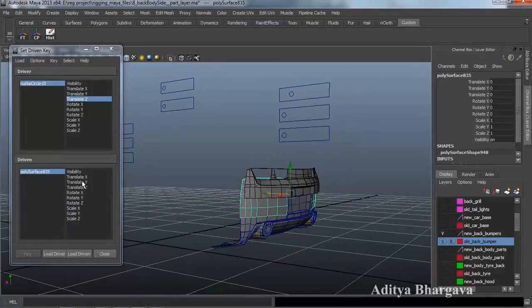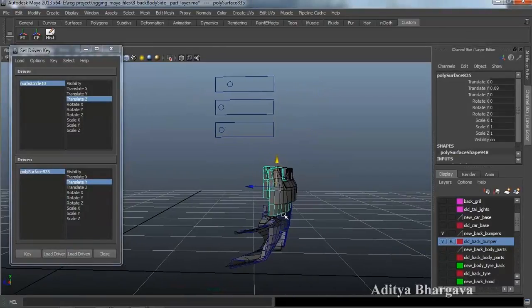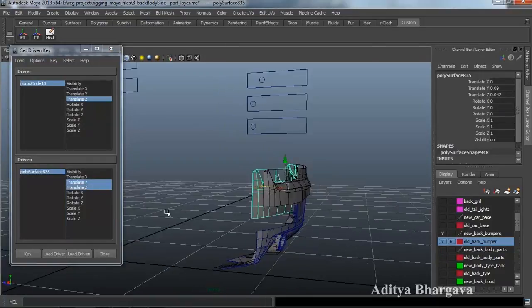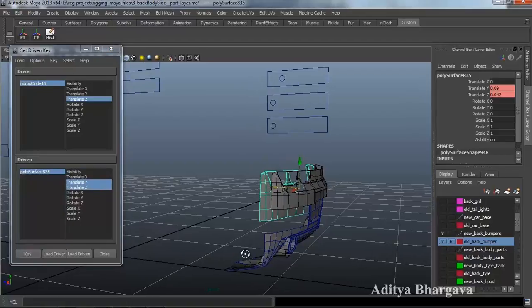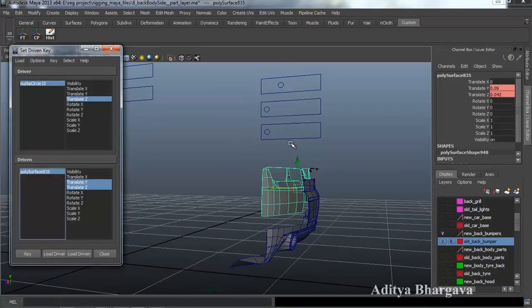We'll take the Y axis of this object and take it somewhat over here, and the Z axis of this object, and we'll add a key, and then we'll take it to this, maybe till this position, like this, and we'll select this part, this object, and we'll add 0 values over here. We'll add key,